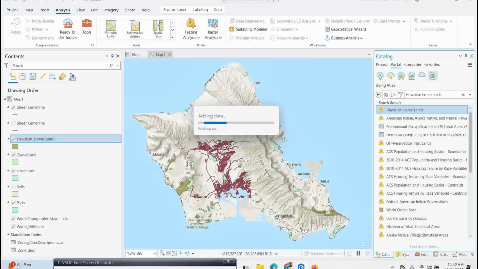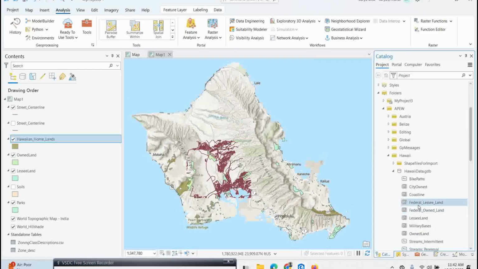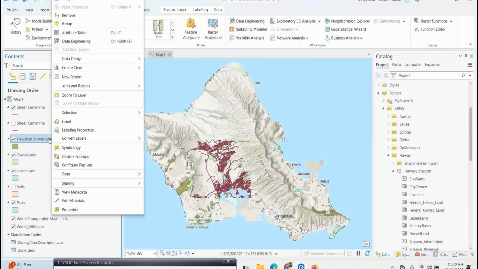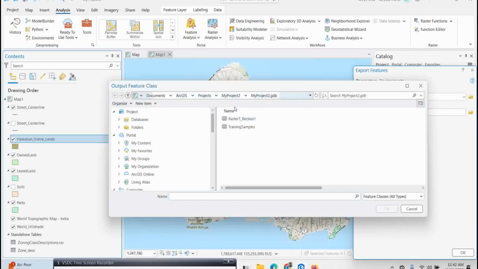So you see here, once I click the add to the current map, these are the data sets which are added directly to my map. Now the source is ArcGIS Online. What I need to do is transfer this data to my target GDB, which is my Hawaii GDB. So how to transfer? Just right click on this, go to Data, click on Export Feature, and in the output feature class, wherever my target GDB is, I can transfer this particular data set. So let's go to the